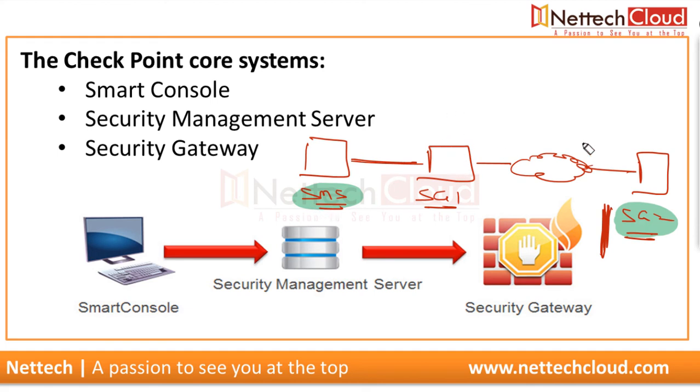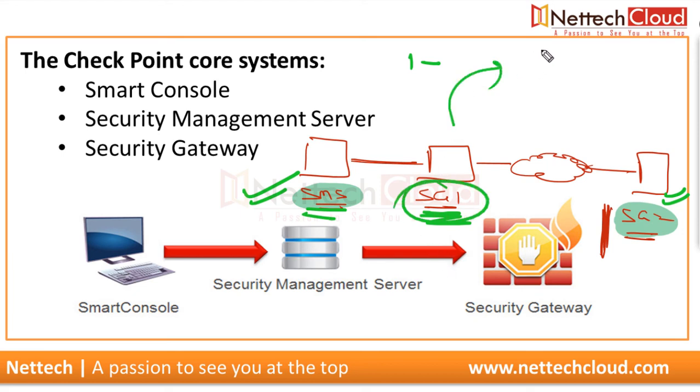Problem is security gateway 1. Problem is here security gateway 1, right? So security gateway 1 is the problem. This one. So at first, we have to ensure IP reachability between SMS and SG2. So if SMS has been assigned private IP address, then here on security gateway 1, we would have to configure a static NAT.